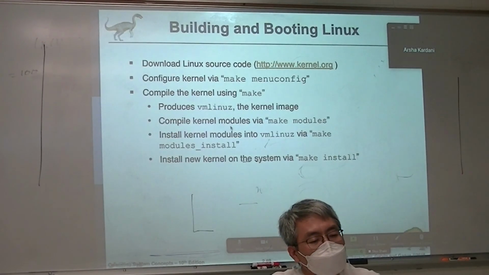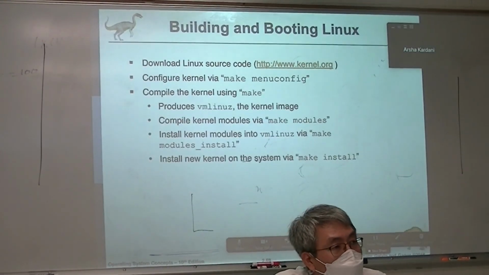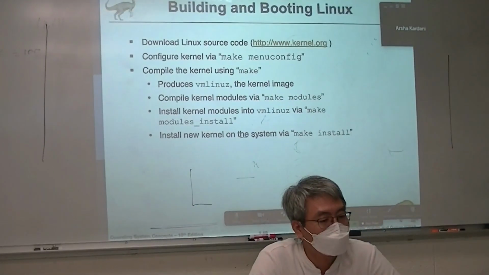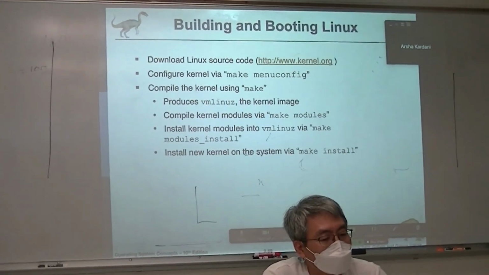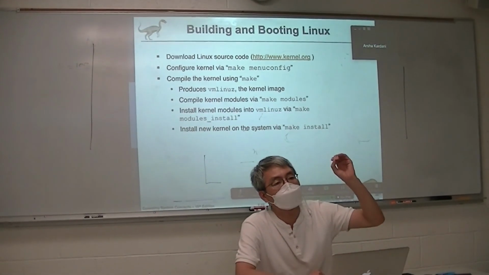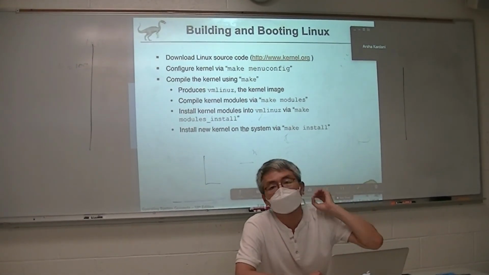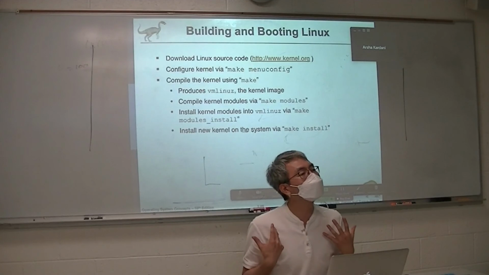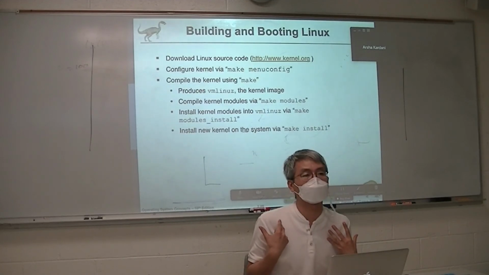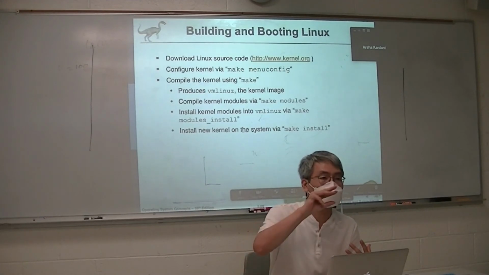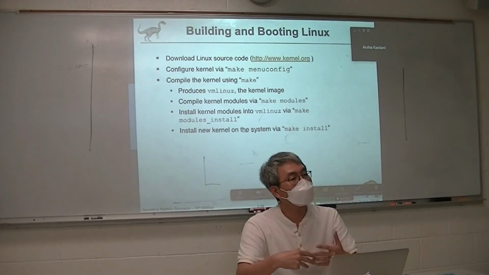So if you are interested, you can go to kernel.org, then download the source code, then follow the directions, make, and then you can create vmlinux, the name of the kernel. So if I have a new algorithm for CPU scheduling, you can replace or add your algorithm, then rebuild your kernel, then use it.